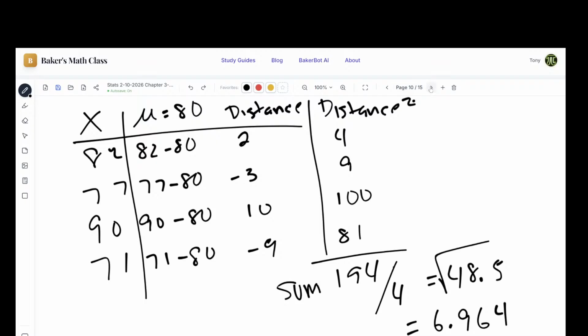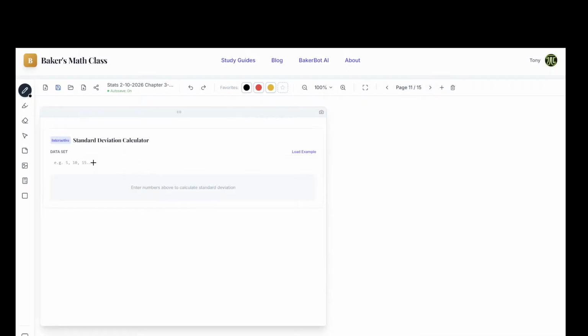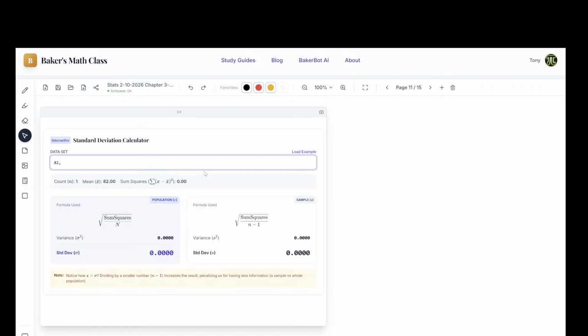So what I've given you is the ability to do it on a calculator. So what this is going to do, actually use similar numbers. So those are the 4 numbers that I originally did. And you can see there's 2 numbers here on either one. So this is the population, and this is sample.